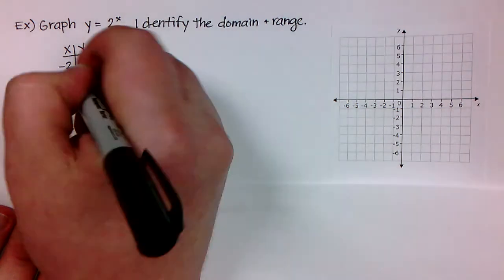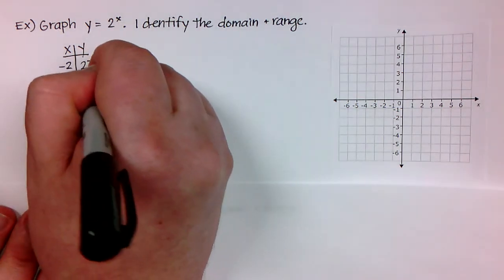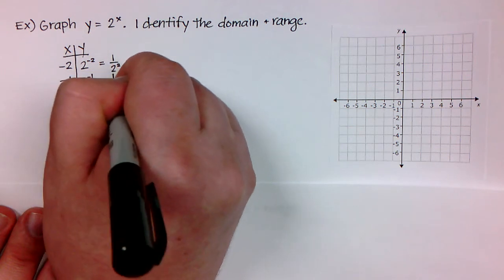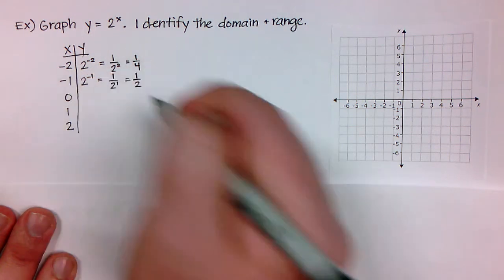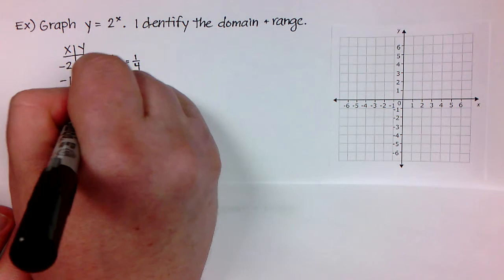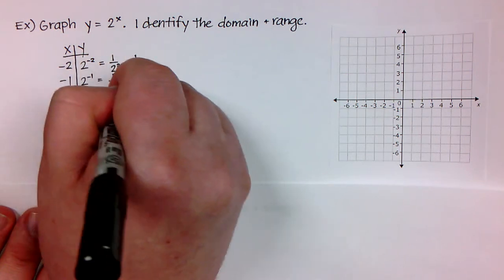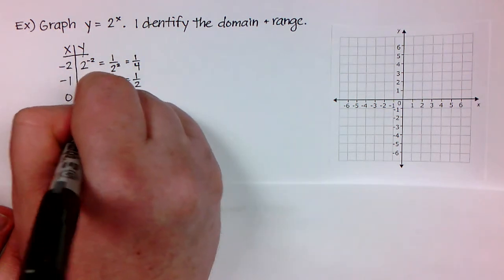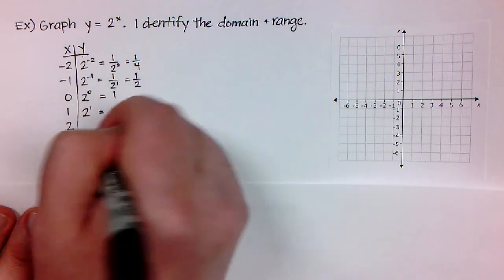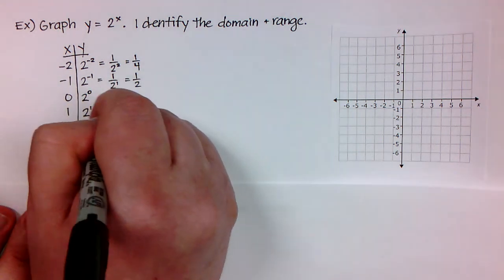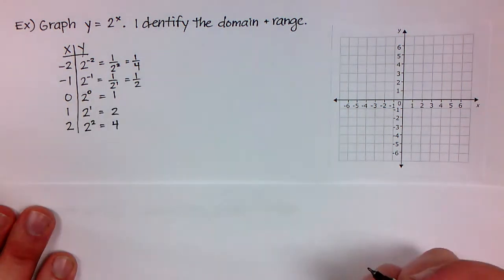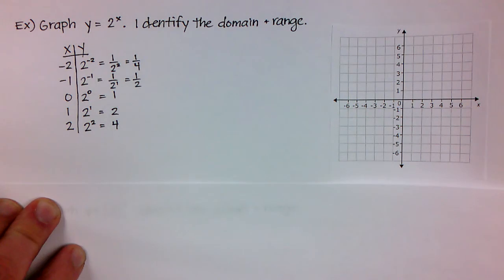Okay. Same when I plug in 2 to the -1, that's the same as 1/2 to the +1, which is just 1/2. If you plug in 2 to the 0 power, that's 1. If you plug in 2 to the 1 power, that's 2. And if you plug in 2 squared, that's 4. So let's go ahead now and let's